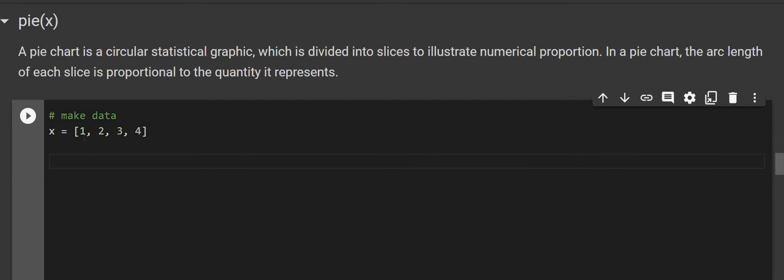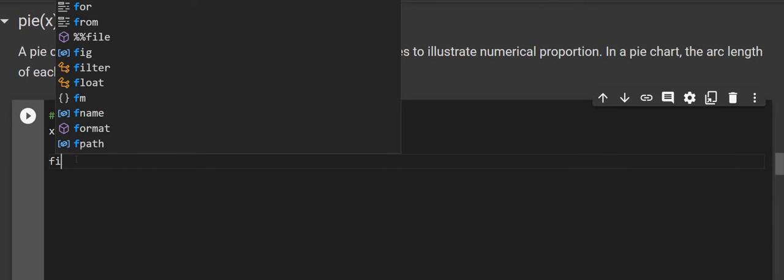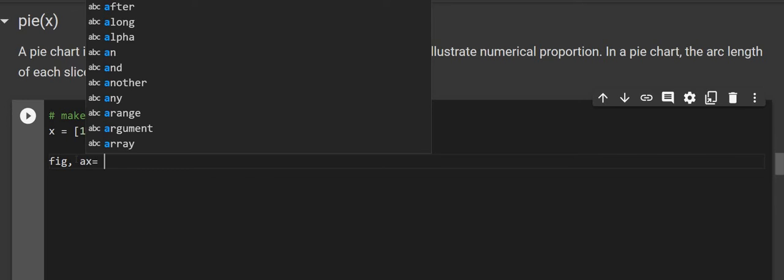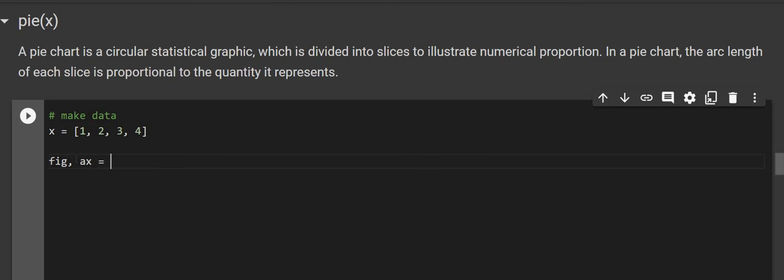So let's consider that x equals 1, 2, 3, 4. This is our data. Now we'll create the fig, comma ax. Here there will be lots of plots. Then ax dot pie